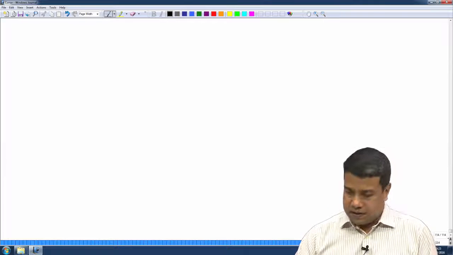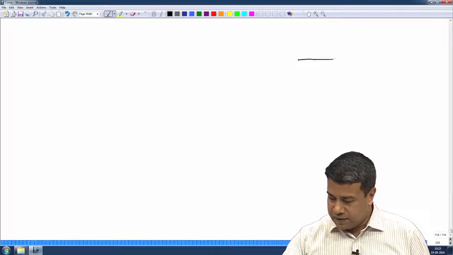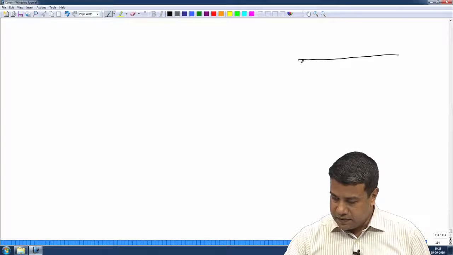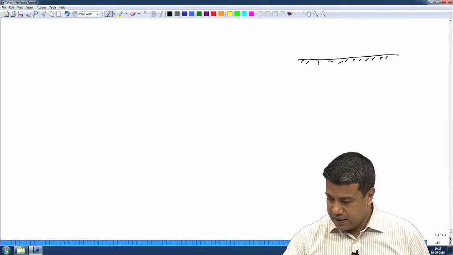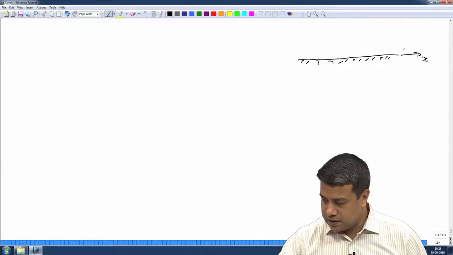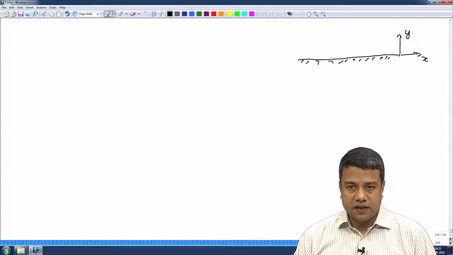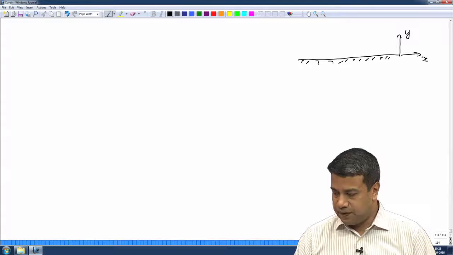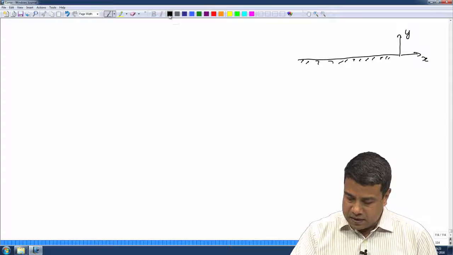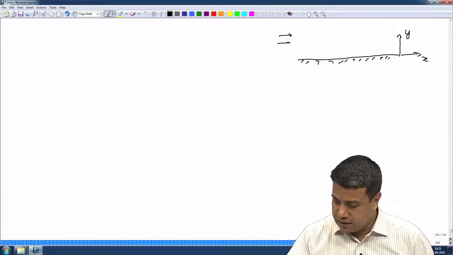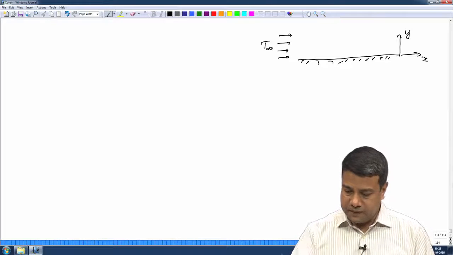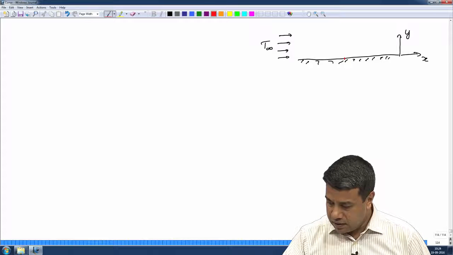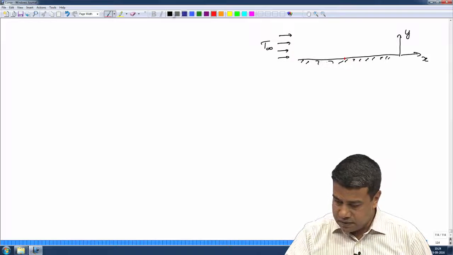So, let us take the simplest case: flow past a flat plate, a horizontal surface. The streamwise direction is x, the cross stream direction is y. We will assume that there is no variation in the direction perpendicular to the plane of the board, which is the z direction. At the surface itself, fluid is entering with velocity u infinity, and at x is equal to 0